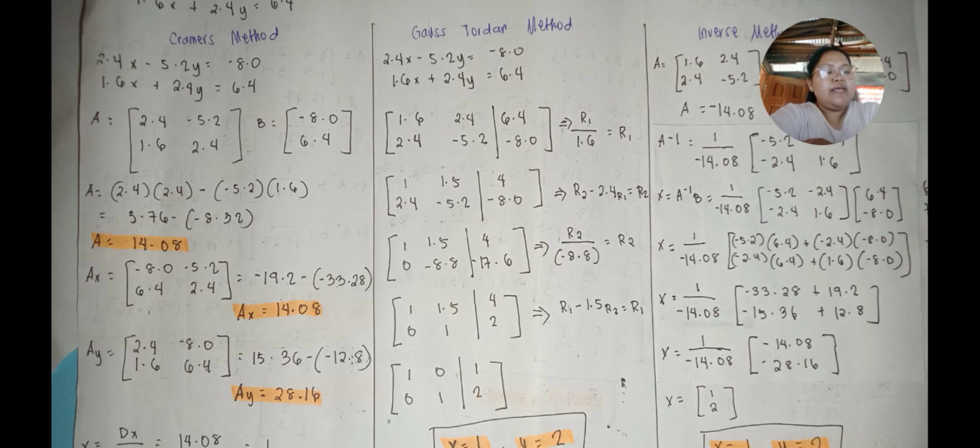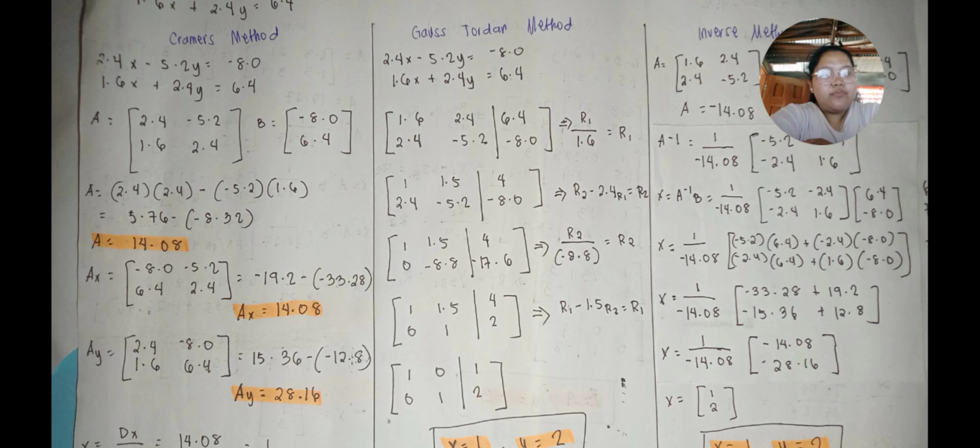So copy the row 2 given. Next, we are going to make row 2, column 1, 0. So the formula is row 2 minus 2.4 R1. So it results to 0, negative 8.8, and negative 17.6. So copy the row 1. So next, we are going to make our